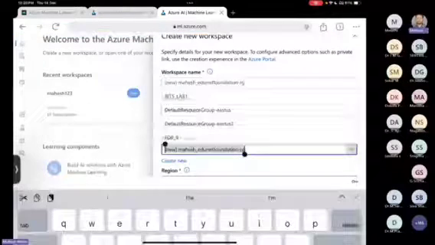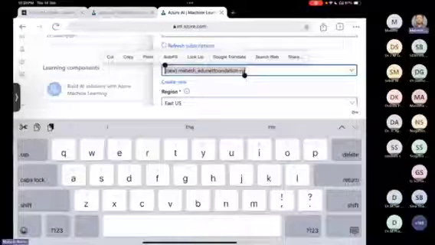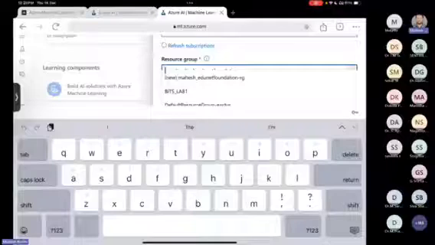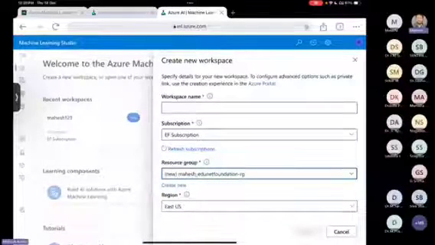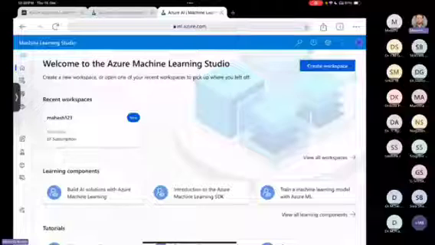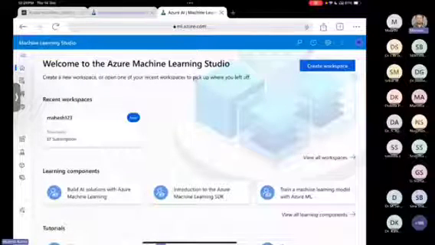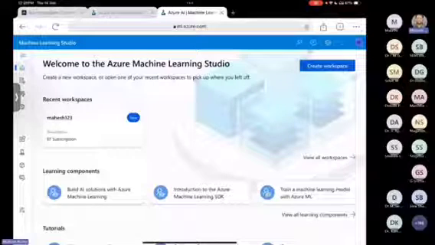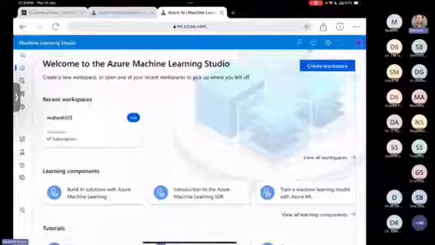select resource group. Resource group should be FDP 9 and region should be European countries. Okay, and click on OK button. Then you will be redirected to this Welcome to Azure Machine Learning Studio, where in recent workspace you will